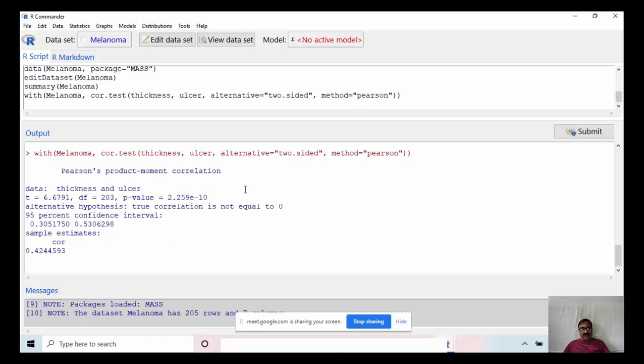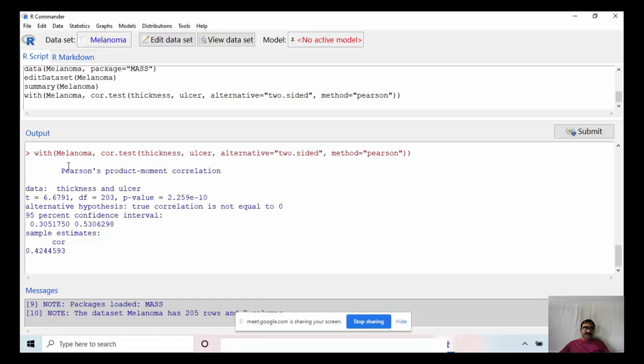Our null hypothesis is that the population correlation coefficient is equal to 0. So that is rejected, which means our alternative hypothesis is true. So the true correlation is not equal to 0, and this is the estimated correlation value. This is the way we can interpret this correlation.